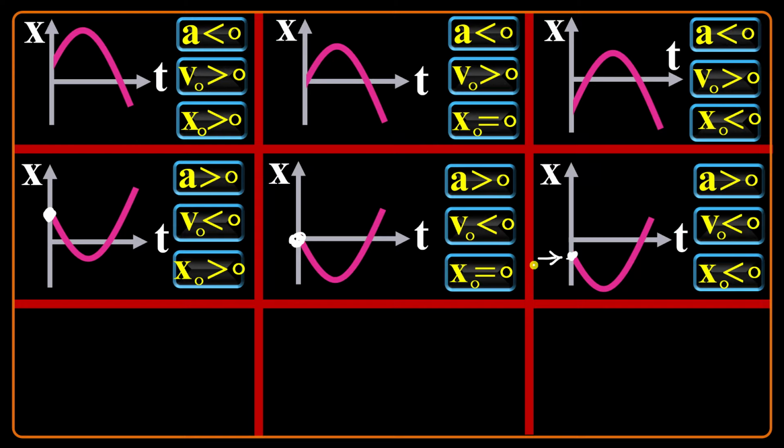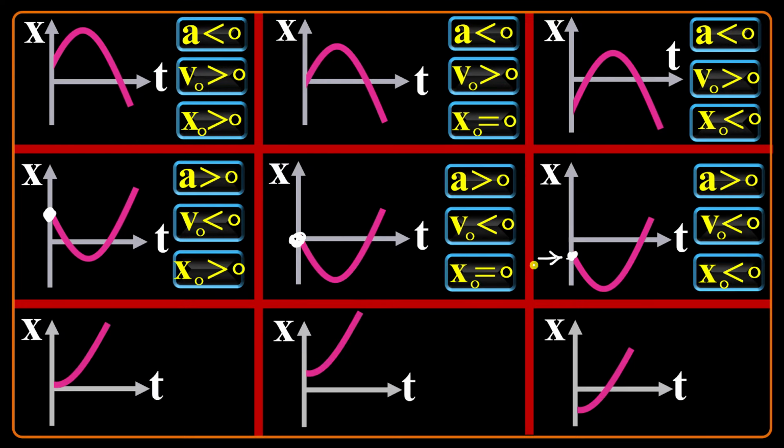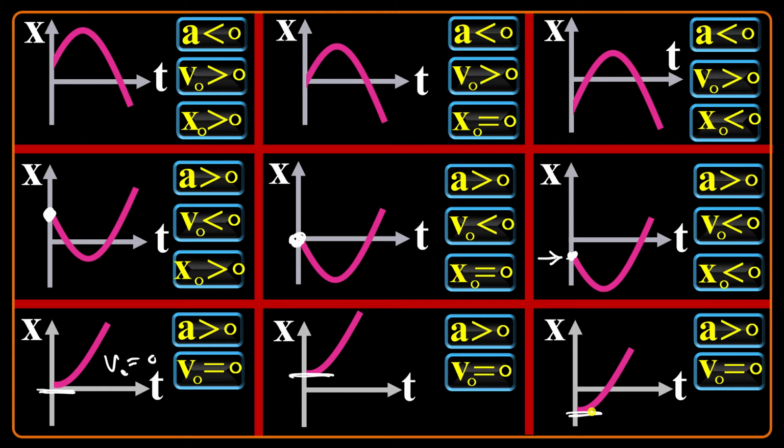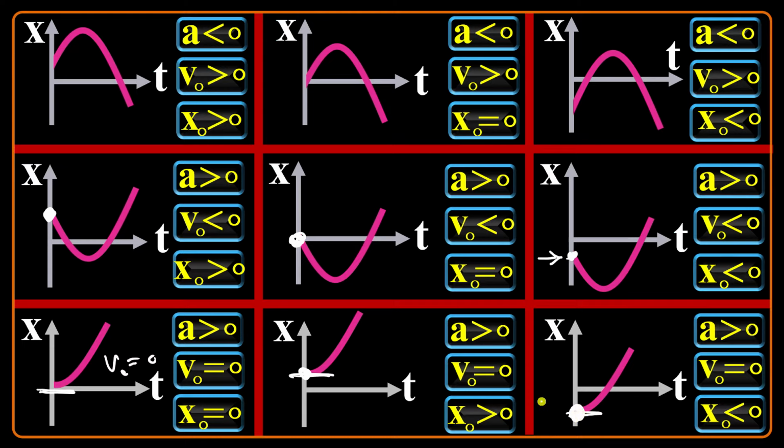the t-axis. Look at these three. They are all parts of a parabola. But this parabola is concave up, again, acceleration positive. But at the beginning, as you see, there is no slope. So initial velocity is 0, because the graph starts from a minimum, an extremum point. And the last is considering the initial position. Initial position in the first case is 0. The second case positive. And the last case, initial position is negative because the object starts from a point below